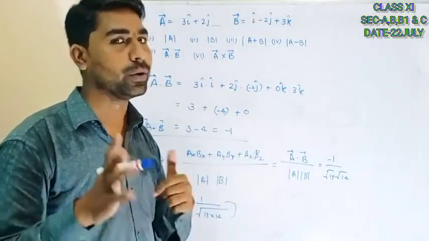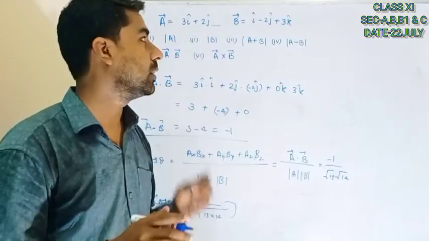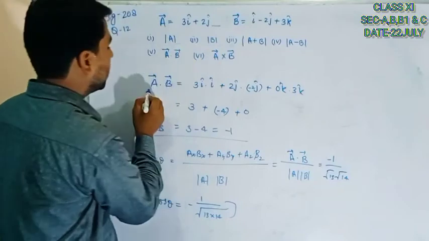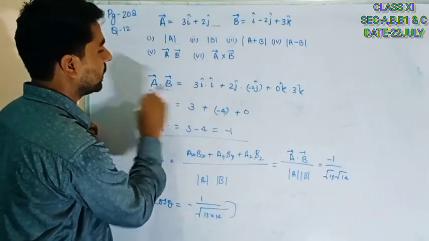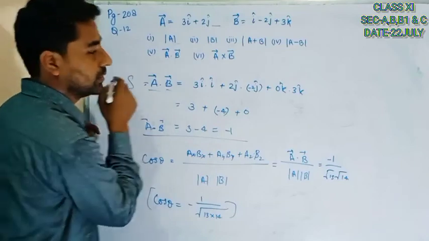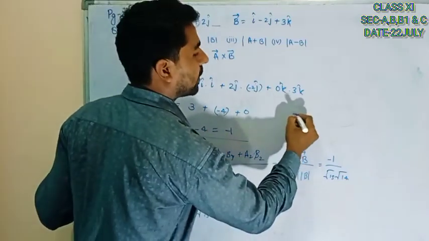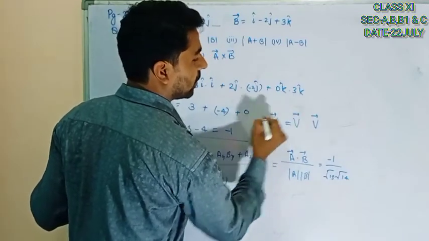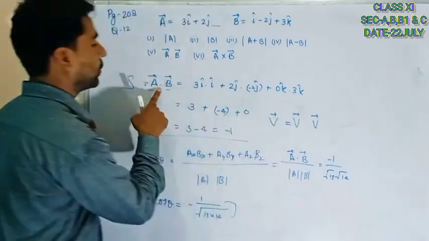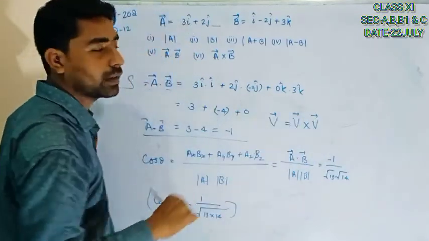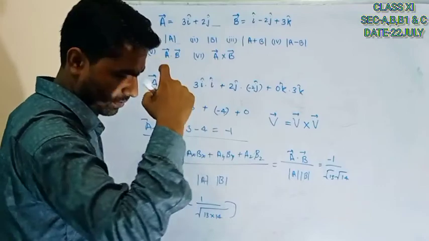Now the next step is cross product, meaning vector product. What is that? I am giving a short overview. Here we were multiplying a vector quantity with a vector quantity and getting a scalar quantity. The only change will be that a vector quantity is going to multiply with a vector quantity and the answer will be a vector quantity. At that time, instead of putting this dot, we will put cross. This is called cross product or vector product.